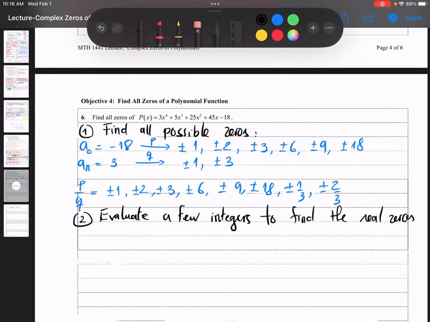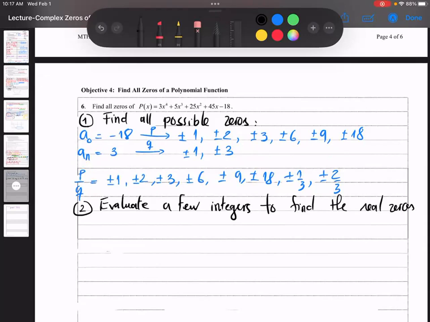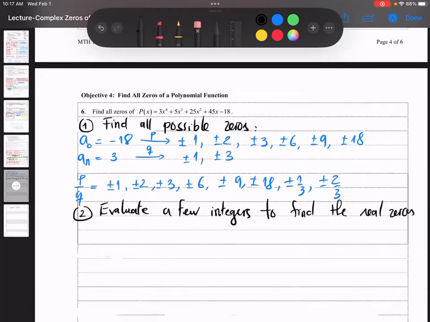Usually I recommend trying -1 and +1 first. Now it's not always the case, okay? It just comes up regularly. It should come up often. That's why they say try 1 and -1 first. But again, it's not always the case. So when I try,